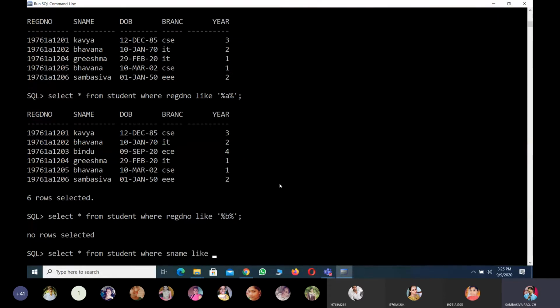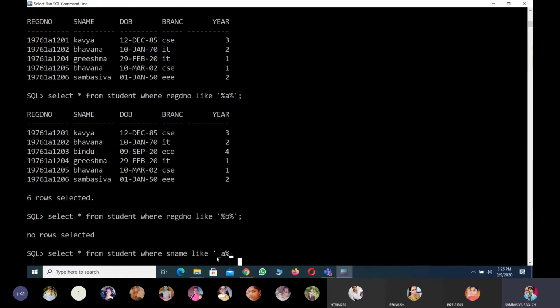like, exactly the position that you want to match. If it is the first position, whatever the character may be, then you have to use the underscore. After the underscore, for the second position, exactly the character A, and after that any number of characters. If you use a percentage, that means any number of characters.